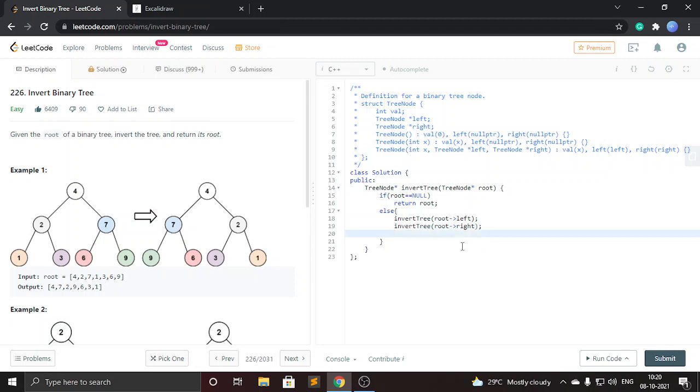After the right call is finished, when we come back to the root node, we will swap the left and right node. Let's swap it. Finally, we have to return the root.